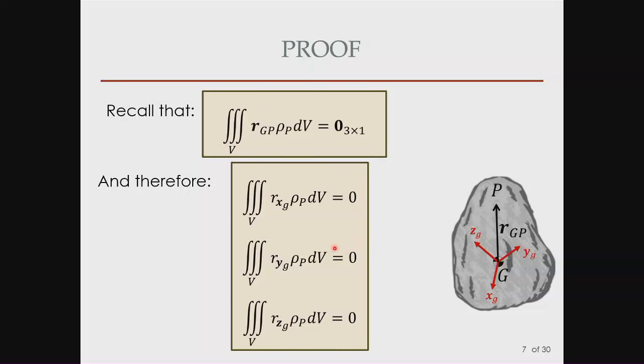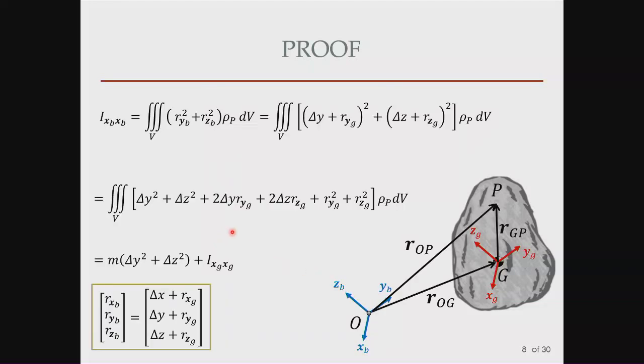Therefore, if you look at just this middle one, this is 0. That's why this term will go away. Similarly, this term will go away as well, right? And these two, if I look at the triple integral of this, it's just the